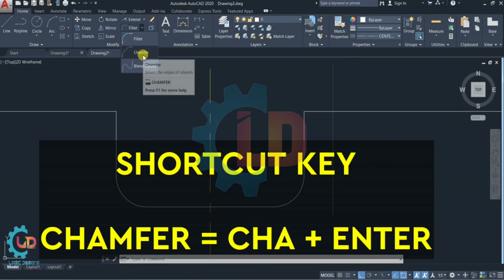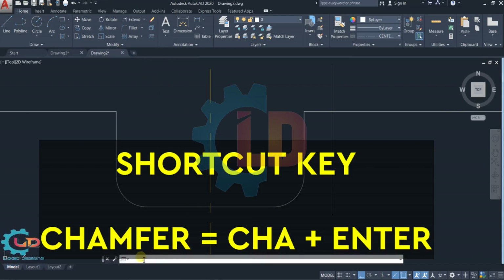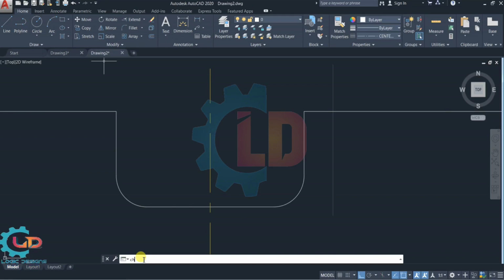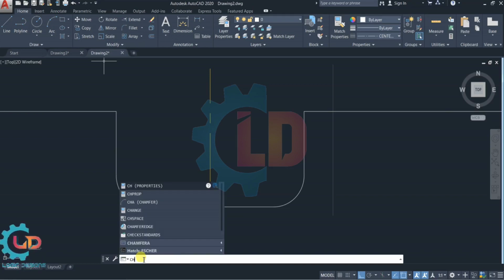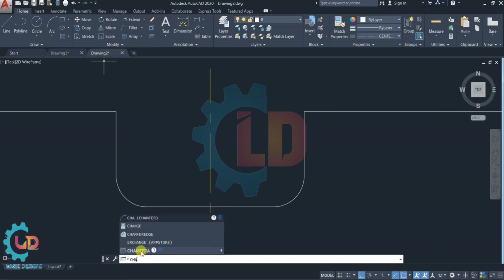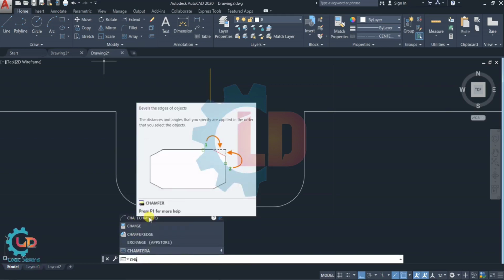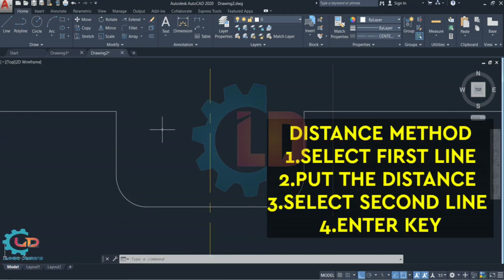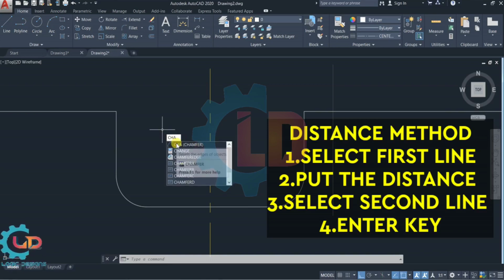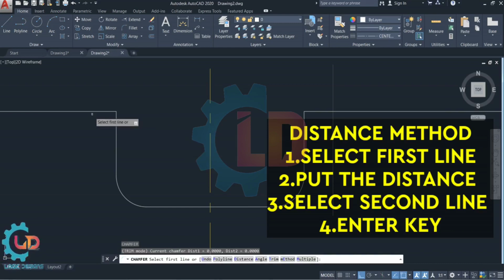First, directly from the modify menu. Then second, from the command bar, put capital CHA. Please remember capital CHA is a shortcut key for chamfer. You can see here the chamfer command is displayed. Now third way is to put CHA directly. Then press enter to opt for the chamfer command.